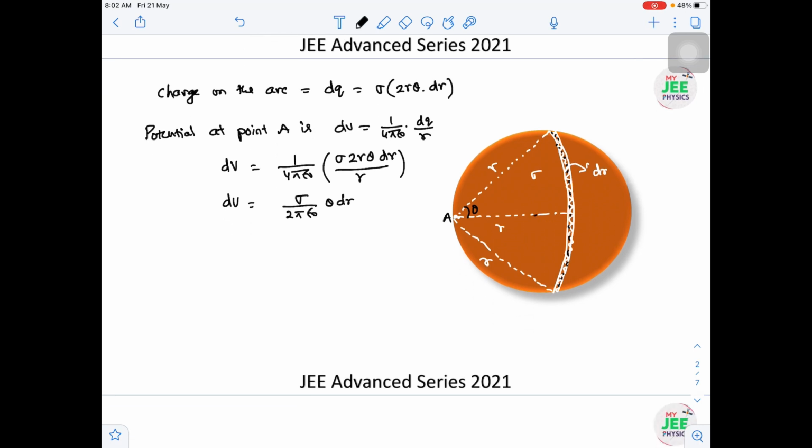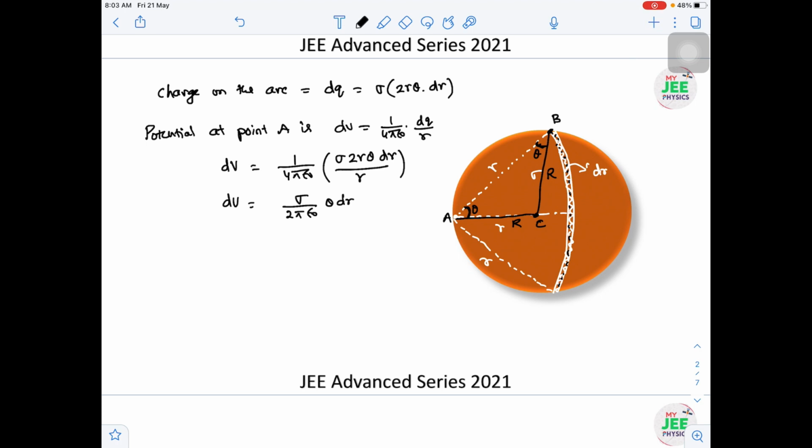Let us see. This is the center of the disk. Then this length would be capital R, and this length also would be capital R. This angle is theta. So, similar triangles, or an isosceles triangle, both sides R and R. Let us say this point is B and this is the center C. Now AC is equal to BC, so it's an isosceles triangle.